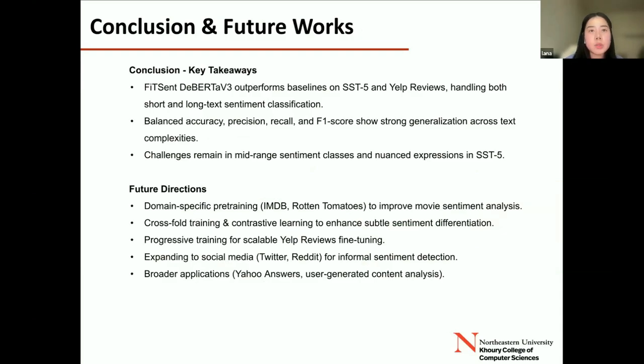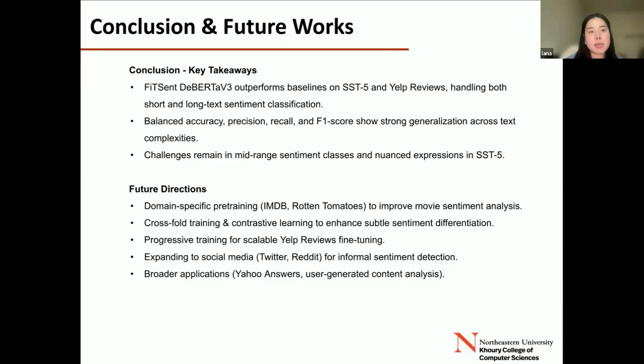And by using these advanced pre-training techniques, efficient fine-tuning strategy, and attention pooling mechanism, our model successfully captured the fine-grained sentiment distinctions. However, we also need to admit that challenges still remain, particularly in mid-range sentiment classification, and our